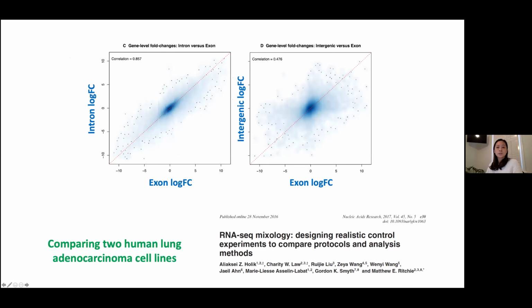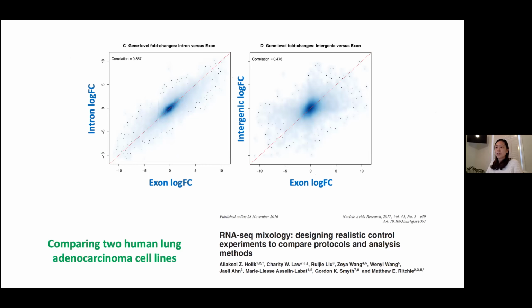The motivation for the work that I'm presenting today, which is also part of a very recent publication, I think last month, comes from a previous paper we published in the lab. It's the one down the bottom, the RNA-seq mixology paper in the Nucleic Acids Research journal, where one of the figures showed